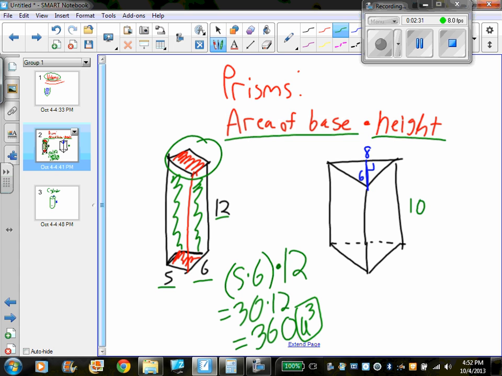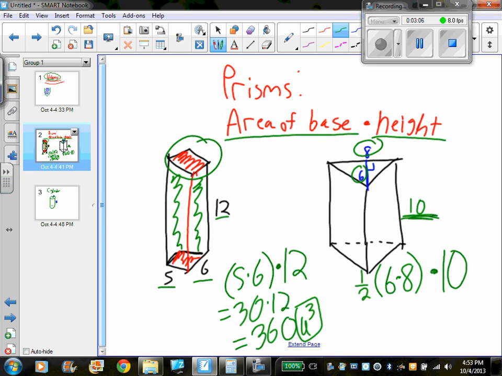Moving over to this example, the second one, you'll notice that the base is no longer a rectangle, but is instead a triangle. So what that means is for the area of the base, we're going to have to use the area of a triangle formula, which again is 1/2 base times height. Well, in this triangle, the base is 8, and the height has a size of 6. So it's going to be 1/2 of 6 times 8. And then we need to multiply that by the height of the prism. So it's going to be 1/2 6 times 8